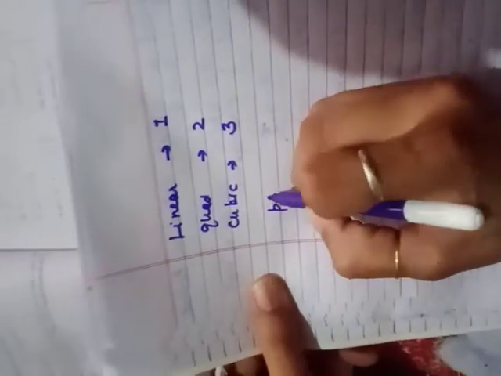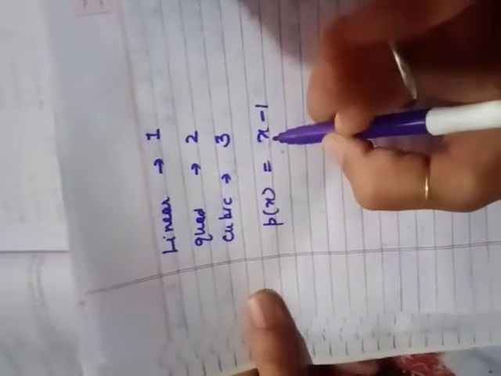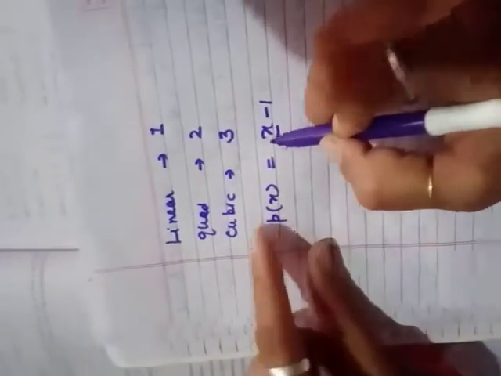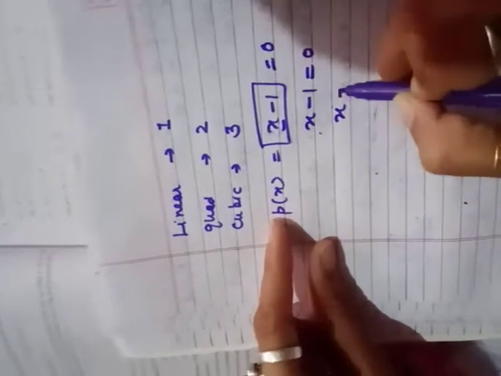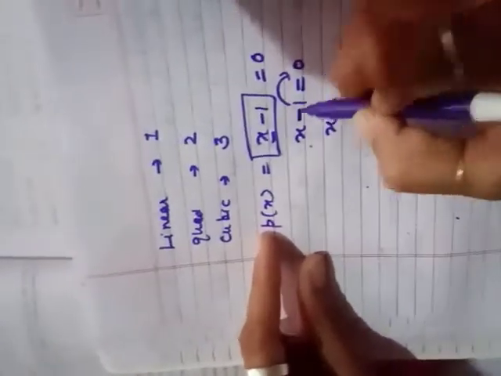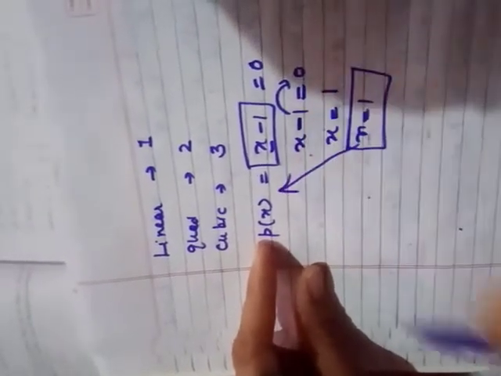Then next is the third sum. Verify whether the following are the zeros of the polynomial indicated against them. Means when you say that any number is a zero of that polynomial, if it satisfies the equation of that polynomial. For example, you are given p of x is equal to x minus 1. You have to put the value of x, any value of x, such that it becomes 0. So for that you will equate this polynomial is equal to 0, and when this 1 becomes on opposite side, minus sign will change to plus. So x is equal to 1 is the 0 of that given polynomial.